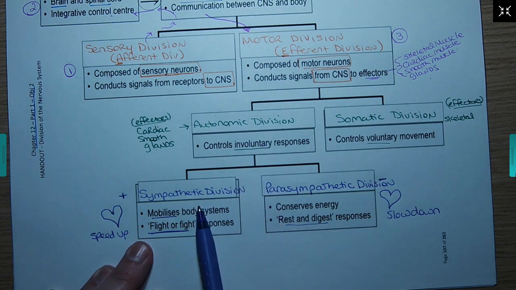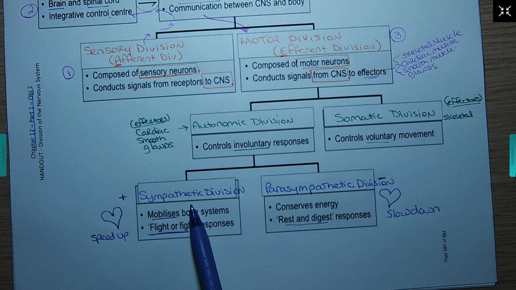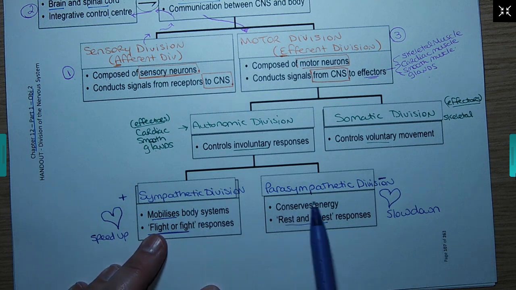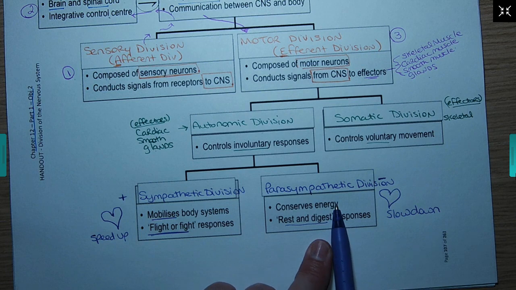This is all involuntary, right? So you've got to have a way to speed the body up and get you ready and engaged for physical activity. But you can't live in that zone forever. You've got to be able to slow everything back down again and bring you back to normal, and that's your